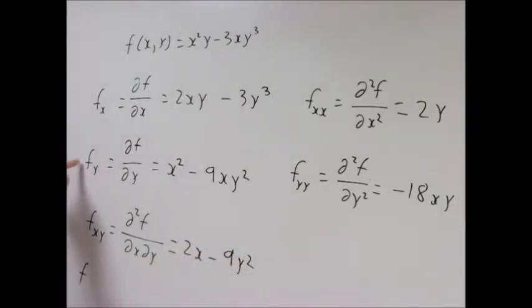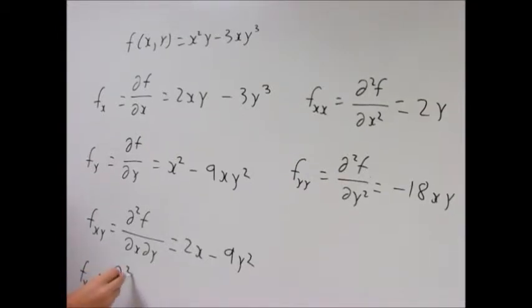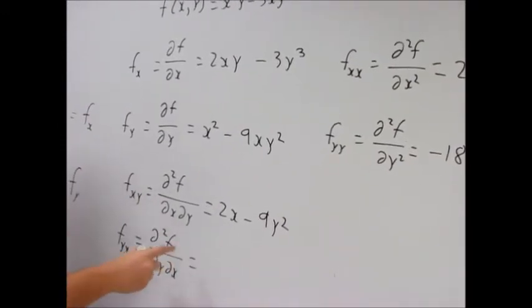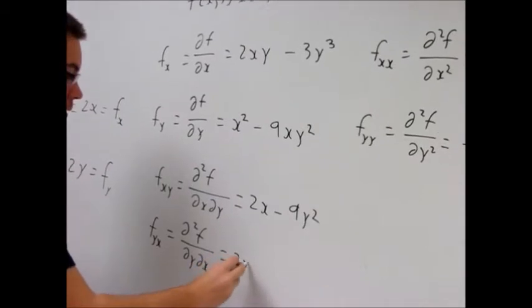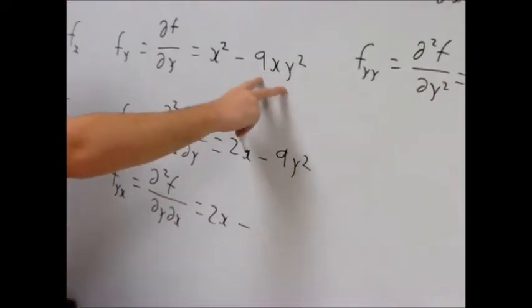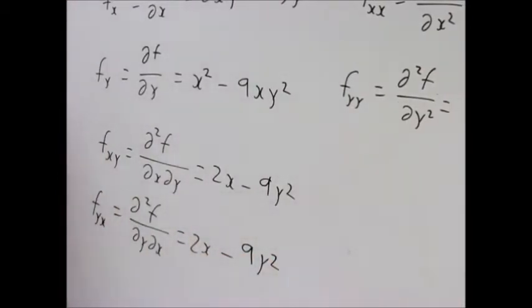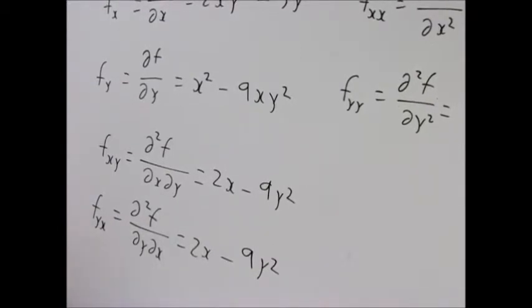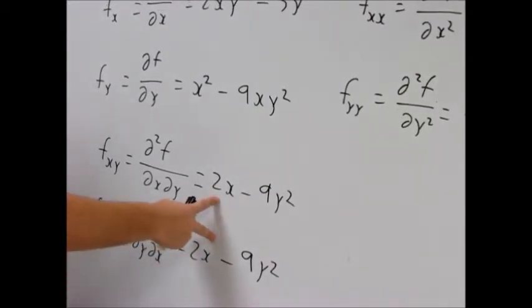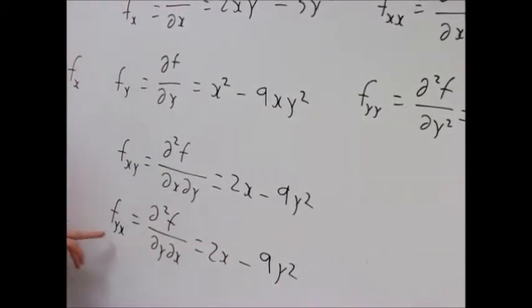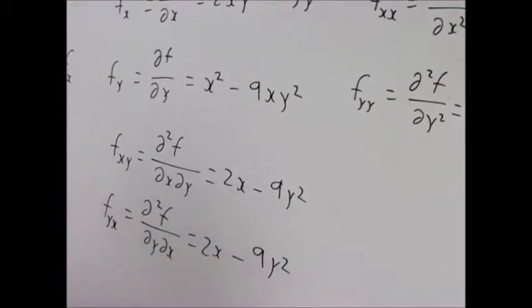Or, alternatively, I can take the derivative of this, which is already with respect to y, now I take it with respect to x, f sub y sub x, so this becomes 2x minus, well, this is a constant times x, so that's just 9y squared. Now you may notice a strange situation that these two are the same thing. Even though we took one with x first, then y, and the other one was take it with respect to y first, then x. In fact, there's a theorem that says